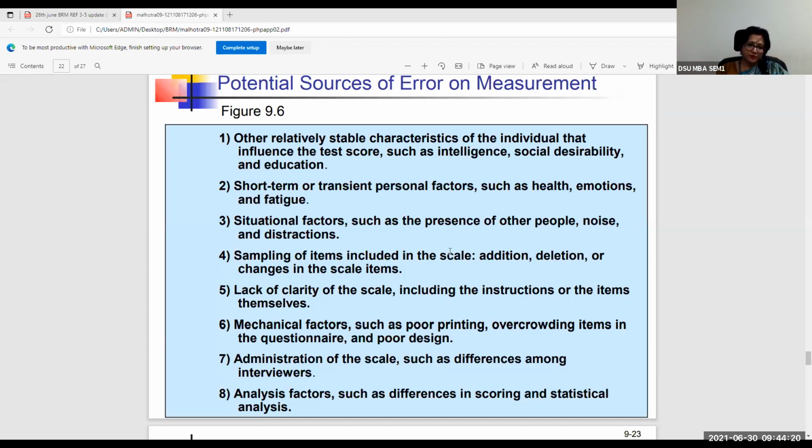All right. So we ensure that this kind of thing happens in order to avoid potential sources of error or measurement. Fifth point, lack of clarity of the scale, including the instructions and items themselves. That is why, even if you have a single questionnaire that the researcher has developed in one language, and you have to do the survey globally, so many languages are involved, right? Even if you have to do a study across India, you cannot possibly do a study across India taking into account that I am only going to do a questionnaire in English.